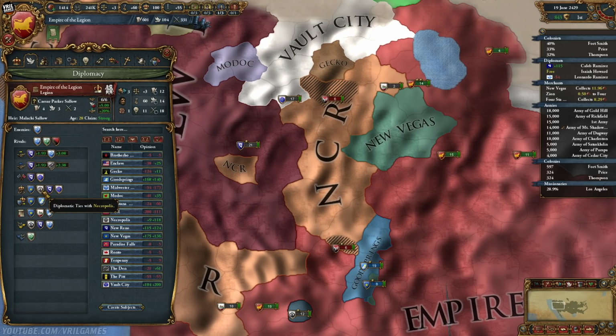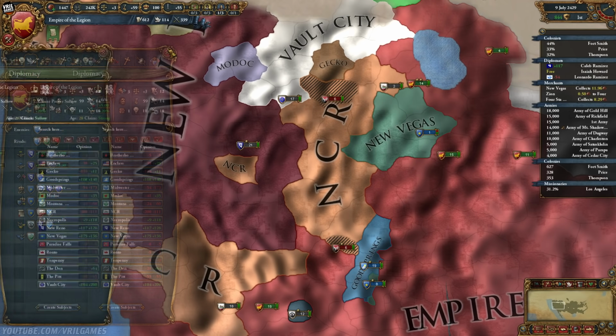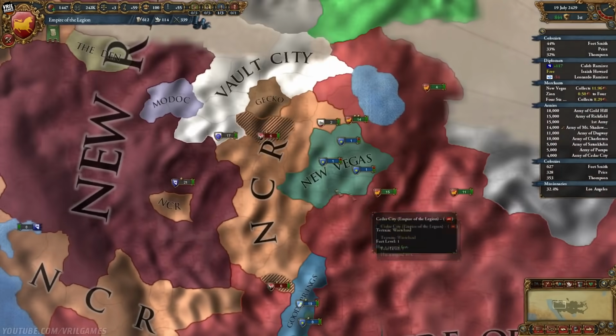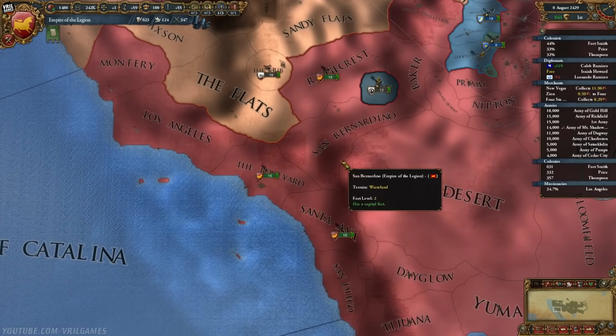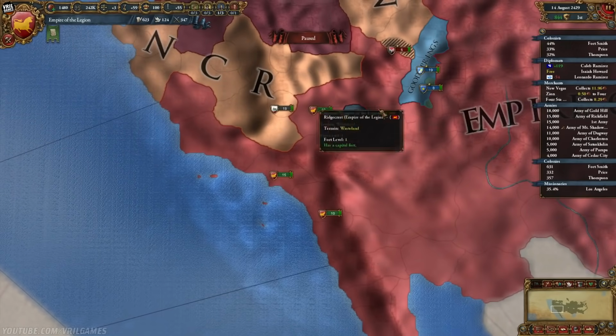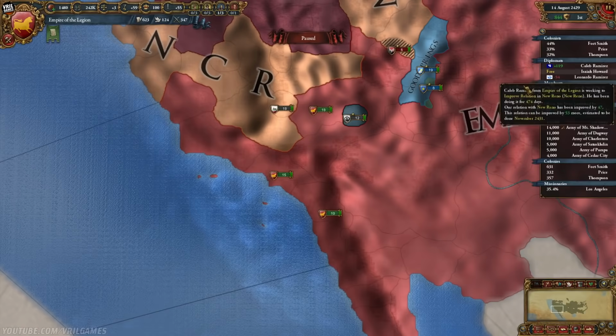What's going on here? Diplomatic ties: Necropolis, New Reno, and Vault City. Okay. And then we've got Good Springs. We've got New Vegas' vassals here. For a while, we didn't have any vassals. Okay, we've got... Yeah, I don't think our claims...